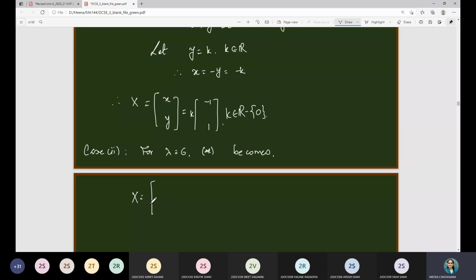What is the eigenvector corresponding to lambda is equal to 6? Even 3 1, 3 multiplied by 3 1. Yes, that is the correct one. It is belonging to R minus 0, right? So in that case, the eigenspace can be considered as a scalar multiple of this one. This one will be the corresponding eigenspace, right? Very good.